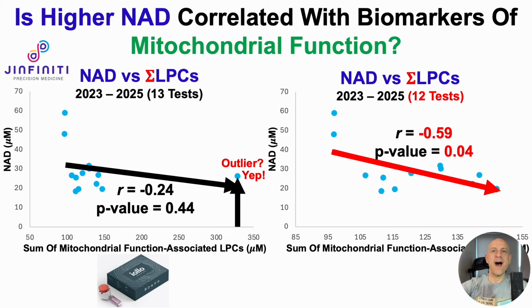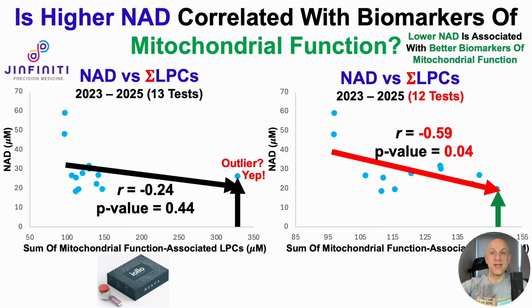But these data are opposite of what you'd expect. The expectation is higher NAD, better mitochondrial function. These data suggest that lower NAD is associated with better markers of mitochondrial function, as higher LPCs would suggest better mitochondrial function. On the other hand, on days when I raised my NAD with NAD precursors, note that I can't